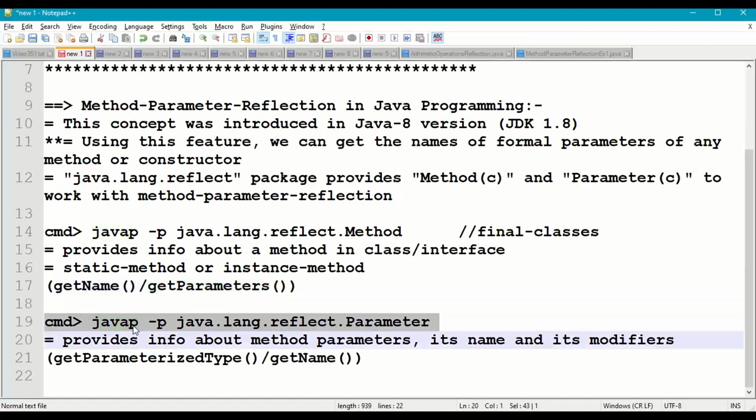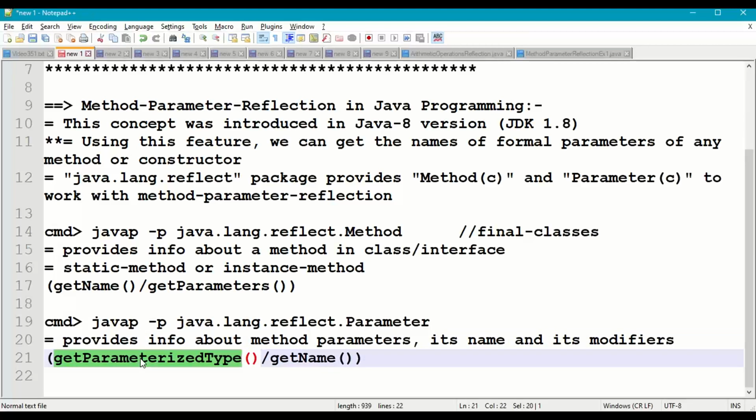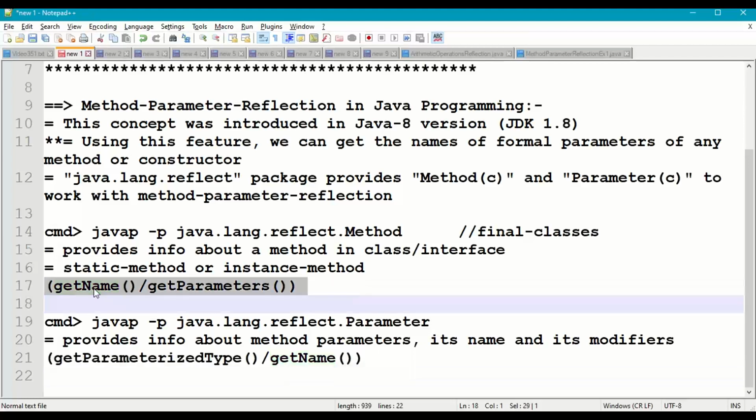Then in the description of java.lang.reflect.Parameter, we are going to use two methods: getParameterizedType, which will give the data type of a particular parameter, and getName, which will give the name of the parameter. Similarly, getName in the previous case will give the name of the method. getParameters will give an array of parameters, which is of type Parameter class.